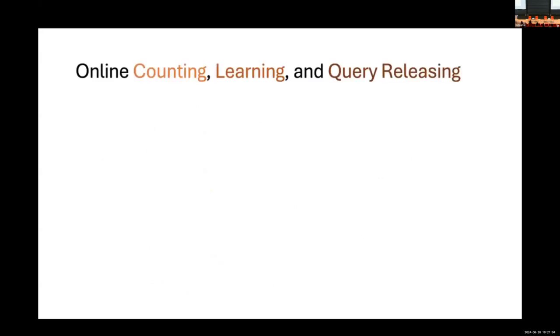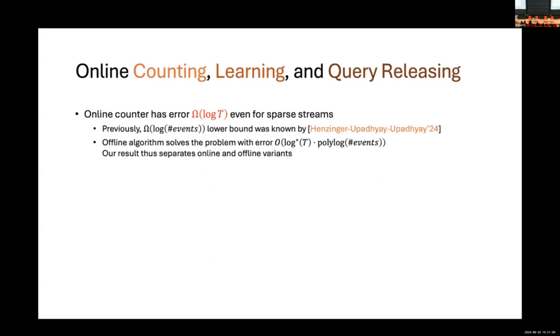All right, let me mention all the applications we have. We have applications on online counting, learning, and query releasing. A direct implication of our result is that an online counter has error Omega(log T) even for sparse streams, because detecting events is clearly easier than counting events. And we are saying even for detecting events, you need to see at least log T events